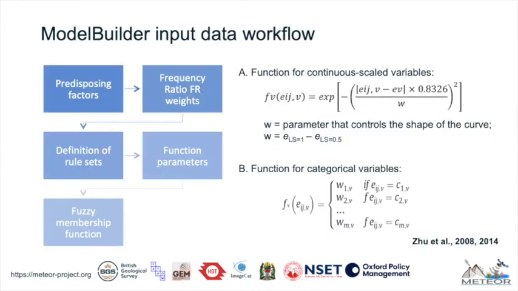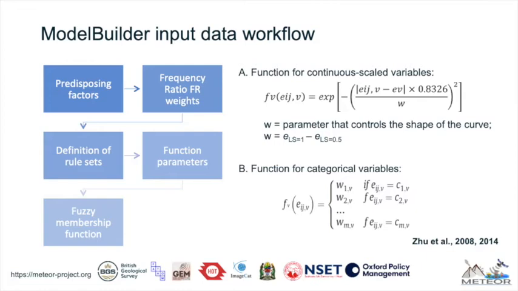installed application. The data workflow used in Model Builder to create the landslide susceptibility and hazard maps uses a number of interdependent elements. First, the landslide susceptibility predisposing factor or predictor classes are assigned weights through the frequency ratio analysis and expert elicitation. These weights are used to define a rule set for each predictor, which is in effect a description of the relationship between a landslide's spatial likelihood and each predictor class. This qualitative description is then translated in quantitative terms through function parameters, which are finally used to define a fuzzy